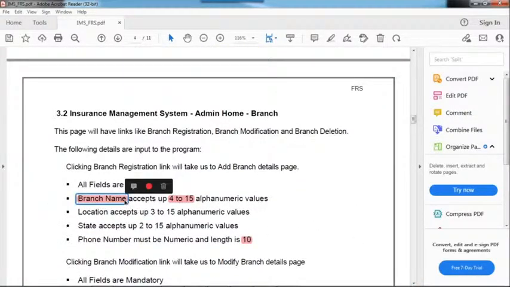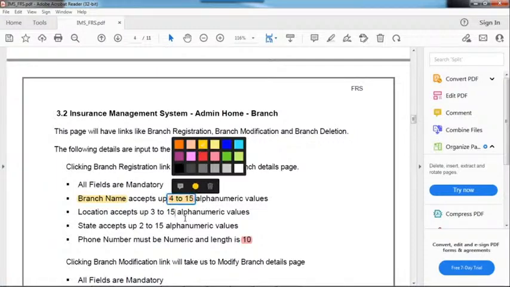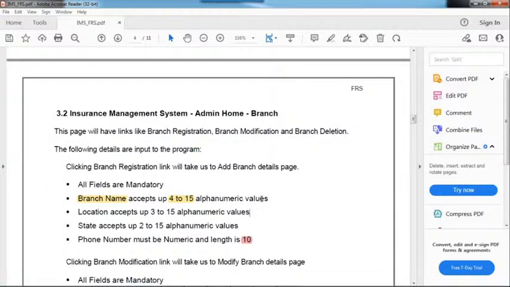Now the branch name is there, right? The branch name field accepts what? How many characters do you need to enter in the branch name? 4 to 15 alphanumerical values only. So what can you use here? BVA. How will you use the BVA? You can simply do one thing, like 4 minus 1. How many? 3. If you enter 3 characters, it should not allow. That is invalid data. Understand? If you enter 15 plus 1, 16 characters, it should not allow.